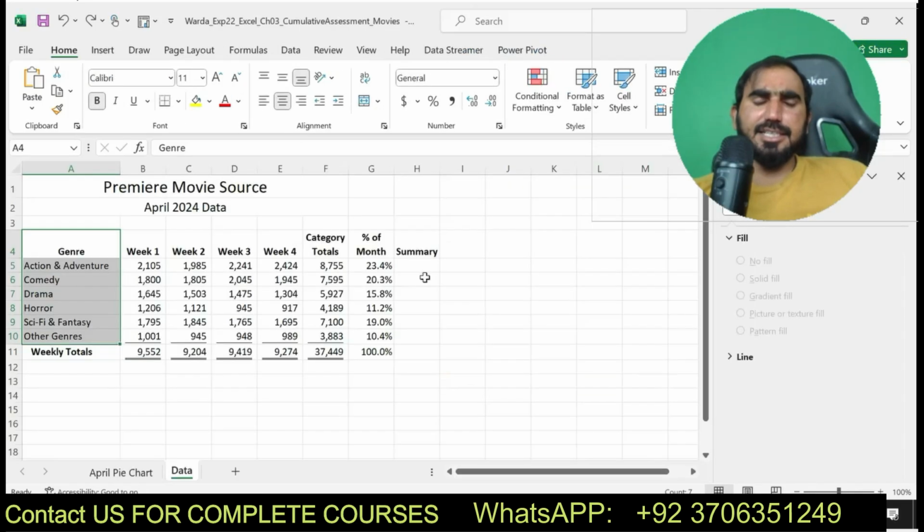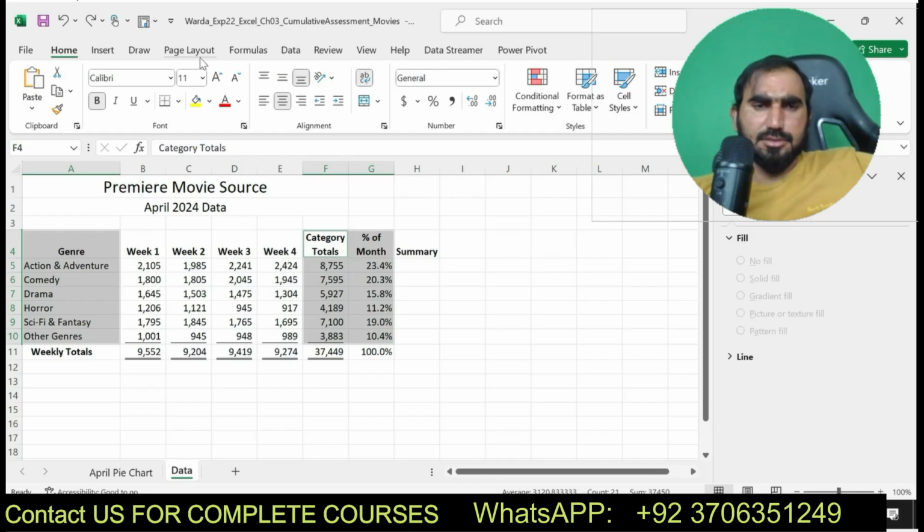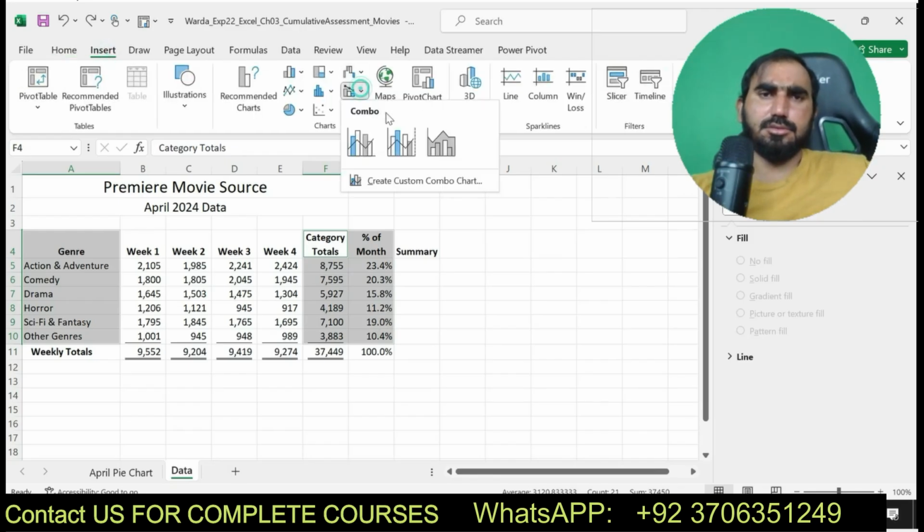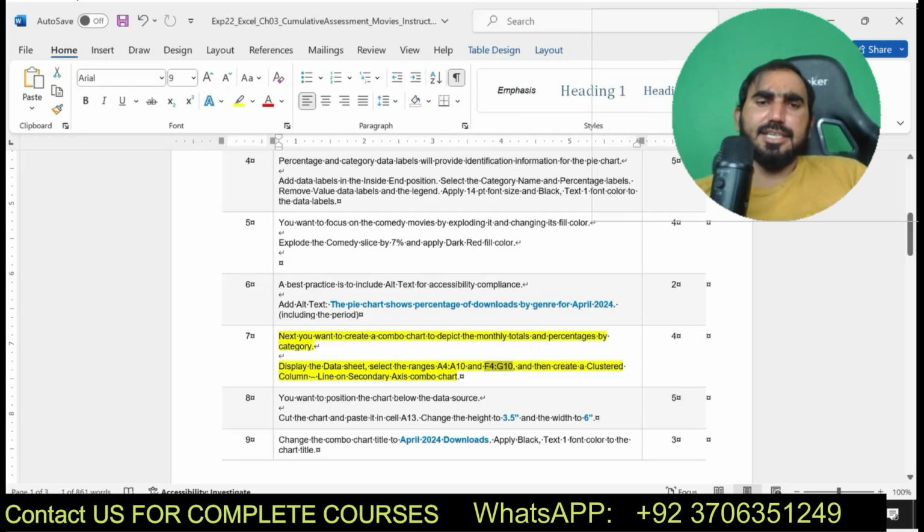Create a cluster column line on secondary axis by selecting these ranges. Okay, you can see here I have inserted a chart, a cluster column line on secondary axis combo chart.